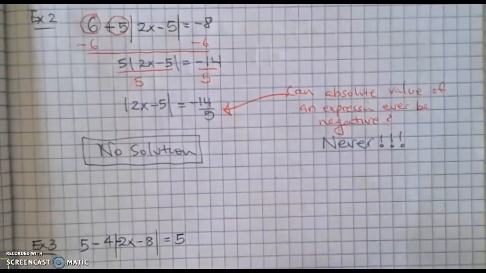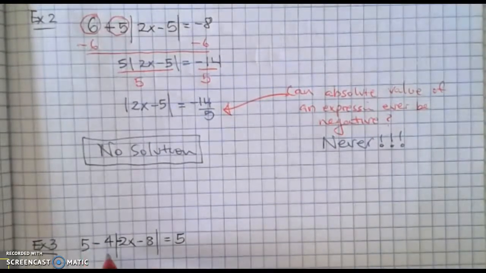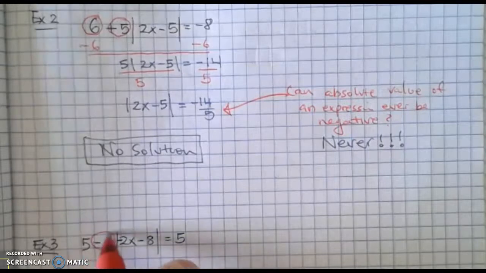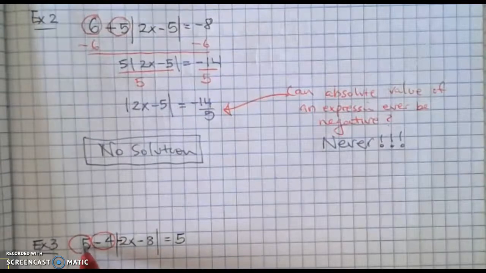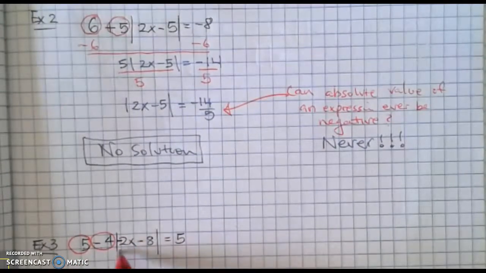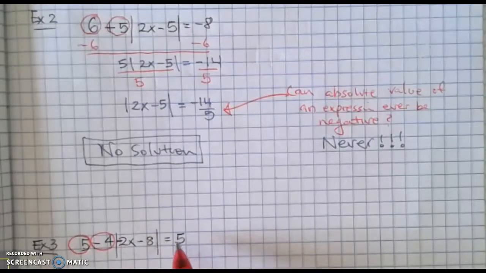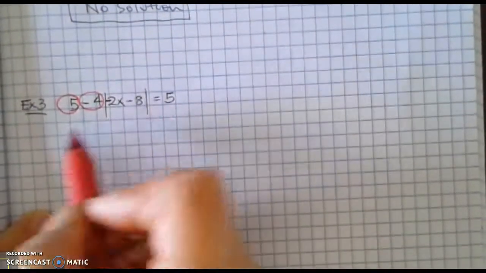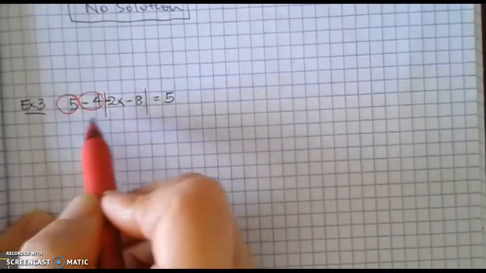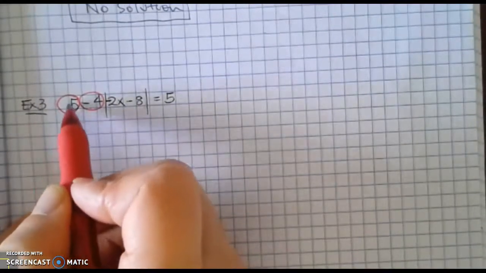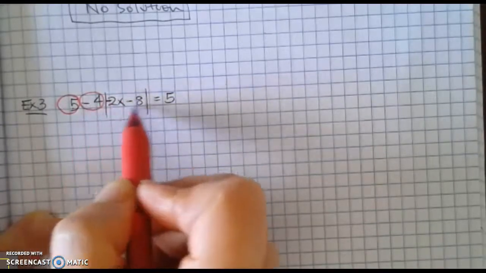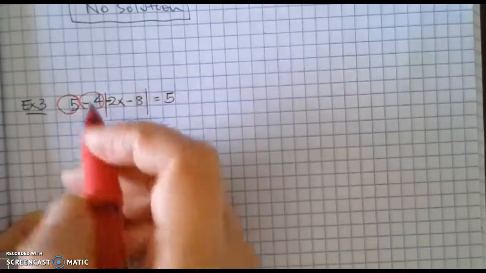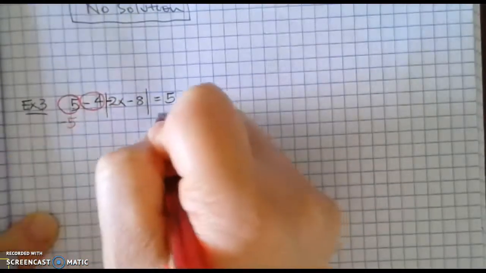Here we go. All right, so again, we need to isolate the absolute value function first. That will be 5 and negative 4, so that we can isolate the absolute value expression by itself to be equal to some number. So that means we need to get rid of 5 and negative 4. Which one do I get rid of first? Well, since 5 is adding to the absolute value function, while negative 4 is being multiplied to it, we need to get rid of the 5 first. So we subtract 5 from both sides,